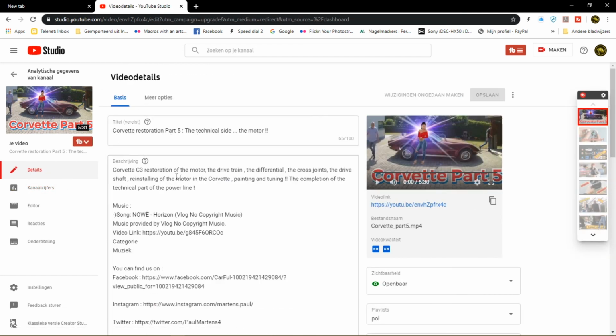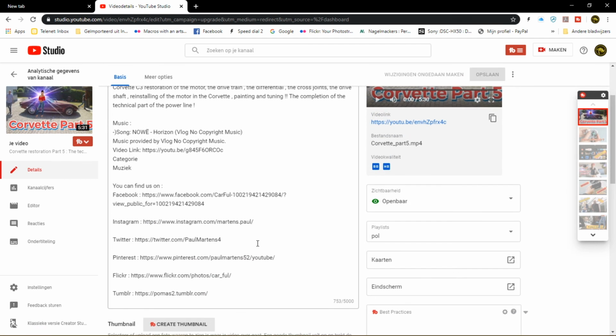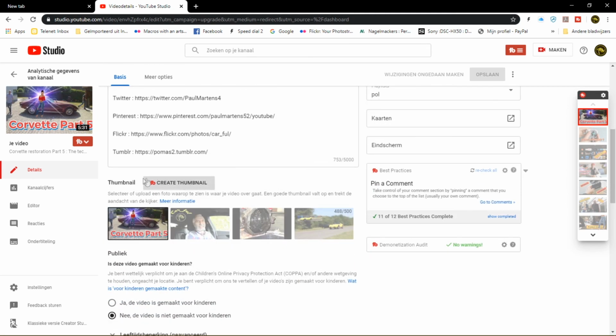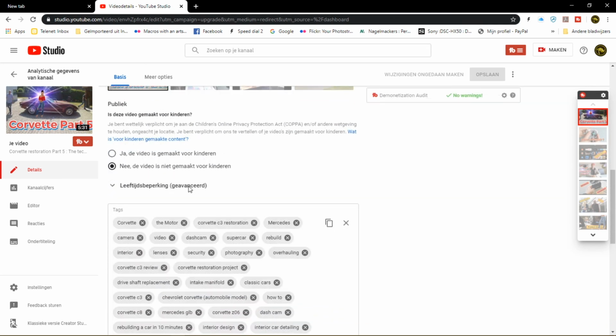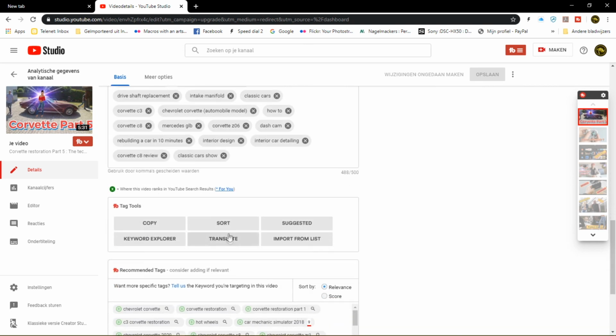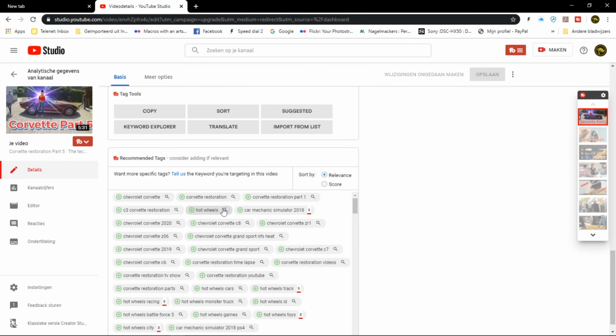When you go for the details, here comes the interesting part. You have access to a lot of tools like end screen, thumbnail, and so on. But then there is the hashtag part. This is the most important tool. You get a keyword explorer and you can copy and paste the tags, but very important is the fact that